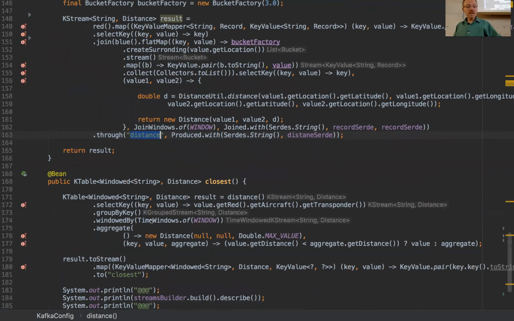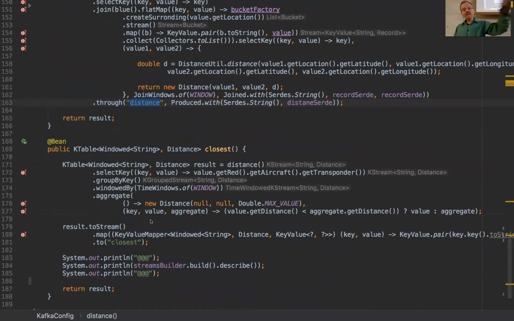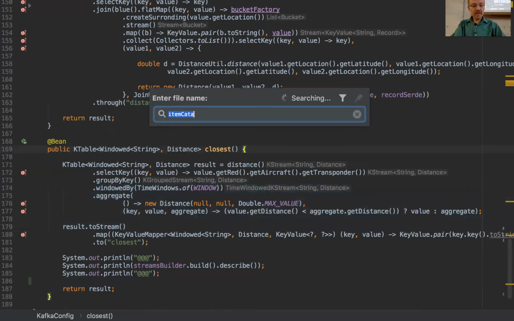So on the nearest airport, once I collect all those, then I have to do the closest. And the closest is nothing more than an aggregate of all the distances, telling me which one's close. This is pretty easy in the stream after I collect all those, to narrow it down. The hard part in KSQL is that with aggregates, you have to group on something, and when I grouped on the red plane, I lose all the other data that I needed to achieve that.